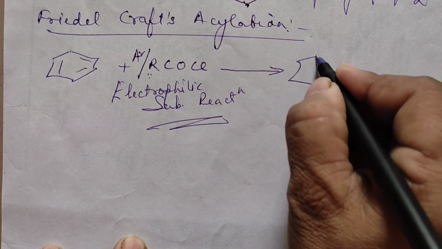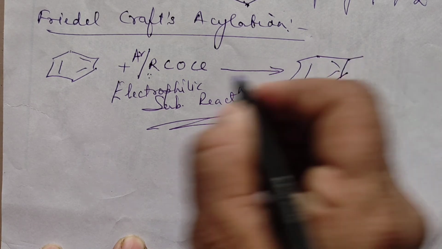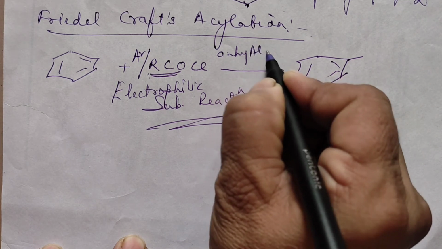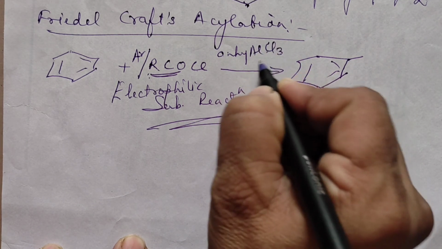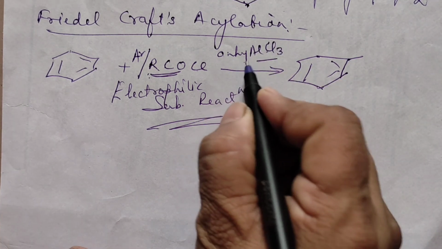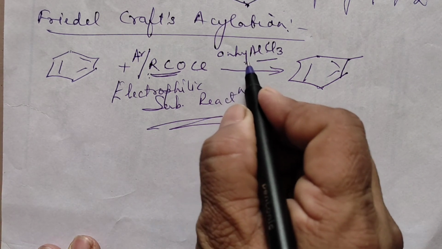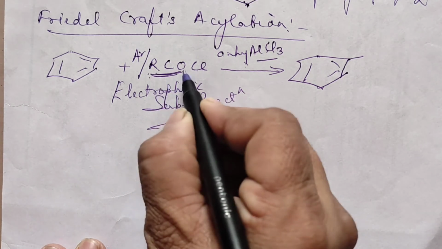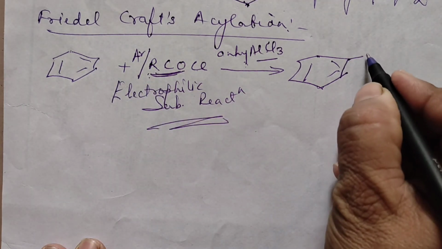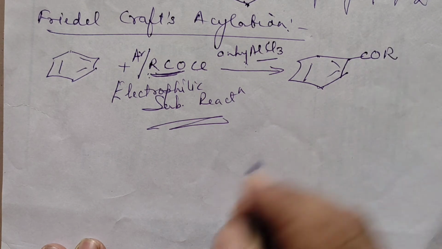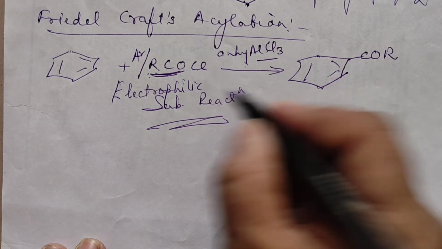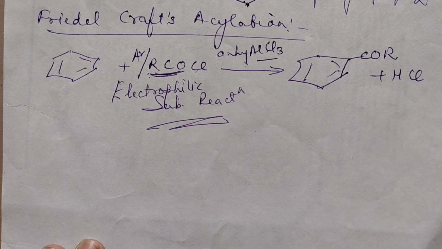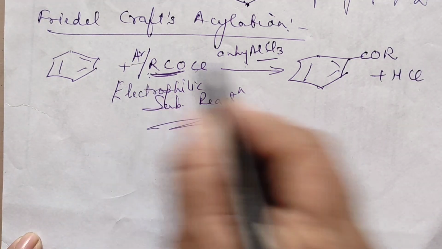So what you will be getting is this ring, and here this part. Now, this reaction is carried out in the presence of anhydrous AlCl3. It's a Lewis acid, right? It is required to generate the electrophile. You have discussed this in the mechanism of formylation, right? So this COR will be attaching onto the carbon, so you'll have COR here. Apart from that, 1 H from here and Cl will come out as HCl. Now if we are taking Ar, you'll get Ar.